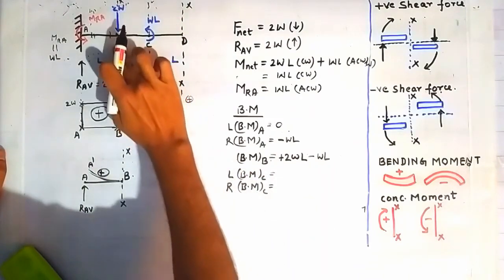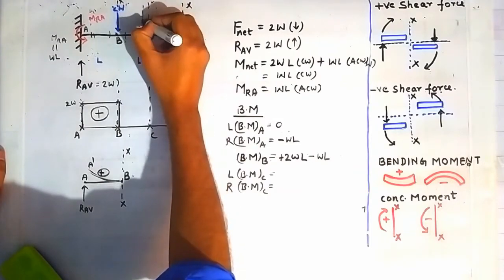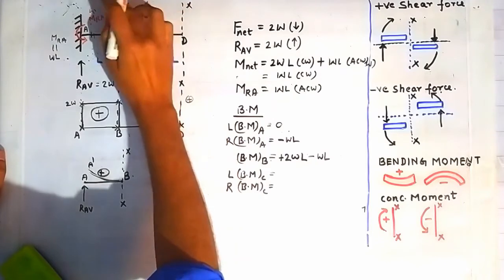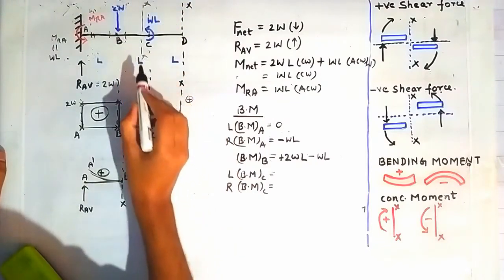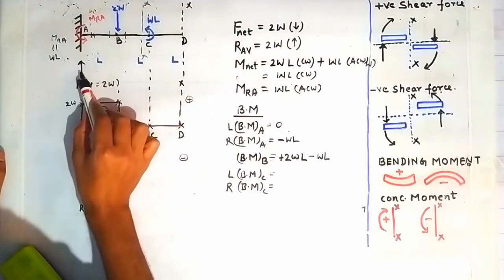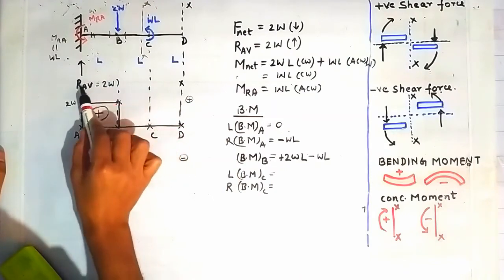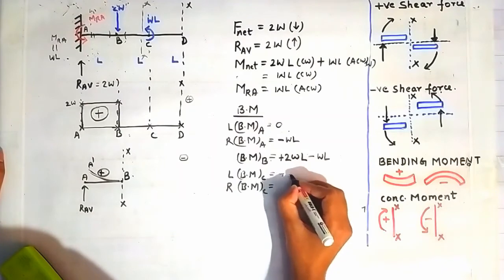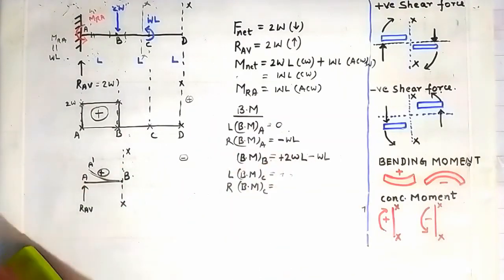For that we have to construct a section on the left side of point C. Suppose this is the section being constructed on the left side of this point C. This is the section XX. Now on the left side of this section, because of this force, there will be a bending moment of plus 2WL,